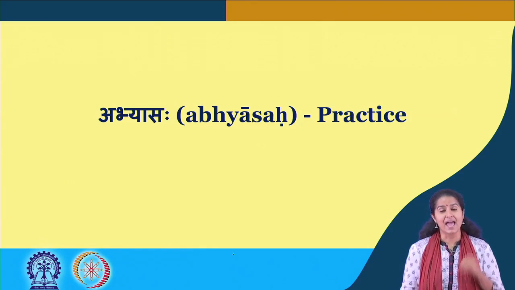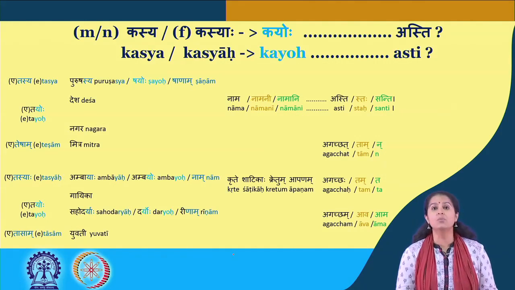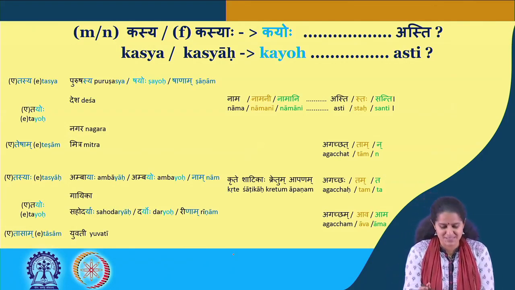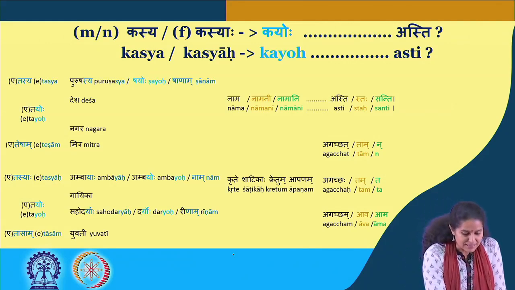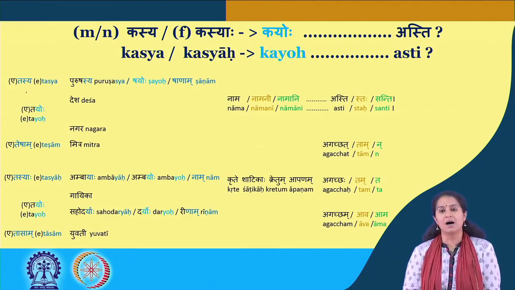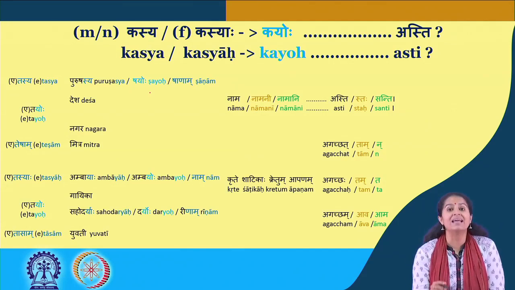Let's do some practice, and in this practice we are going to look at the sixth case of the third person pronouns and nouns. Here we have the sixth case, which is tasya in the masculine and neuter, and in the feminine it is tasyaha. And what's the good news? We see that both of them take on the form tayoho in the dual. So here we have tasya purushasya nama vinayaha asti, two of them, tayoho purushayoho namani. This is very important to know. Now there are two names and therefore it will be namani.